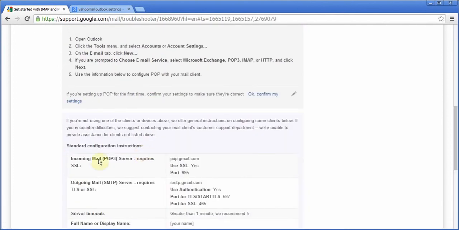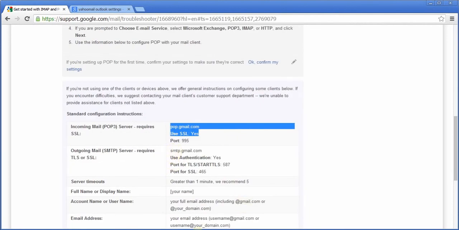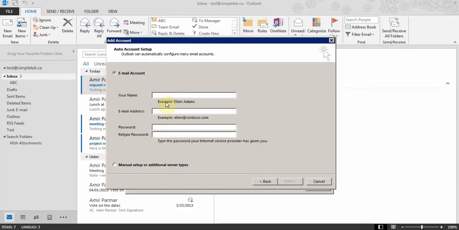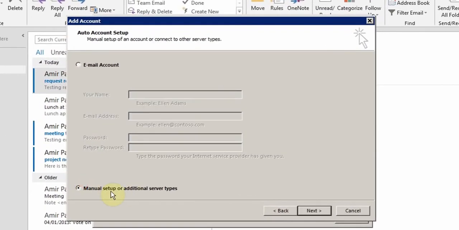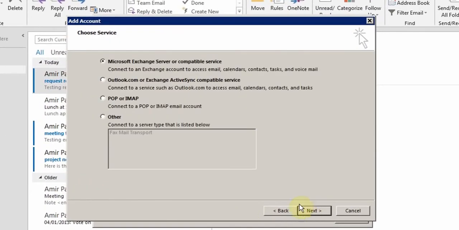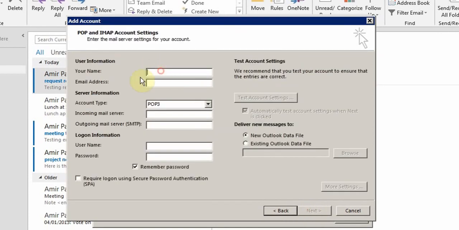So there, these are all the information you will be needing if it doesn't work at this step, because then you'll need to put your name, email address, password, and then you'll have to go to the manual setup and then click next, and then I'll say I'm on a POP and then click next, and then you have to start filling in the information like your name, email,